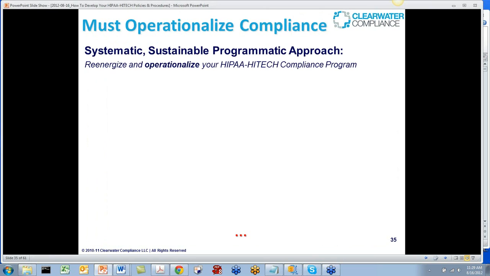So that's all great, well and good, and I want to now on this slide, if you don't remember anything else about this presentation today, don't make this a paper exercise. This needs to be operationalized. It needs to be a living, breathing part of what happens in your organization. One of the biggest mistakes that we see organizations undertake, and we warn organizations, even if they're our customers and acquire our policies and procedures, don't buy these things and go in and do a mass search and replace where it says